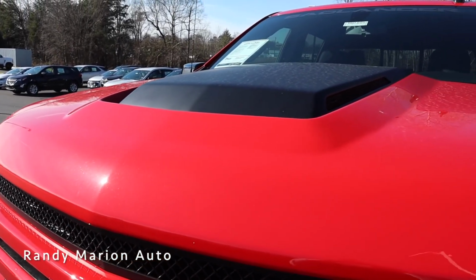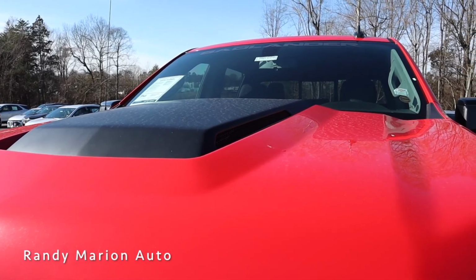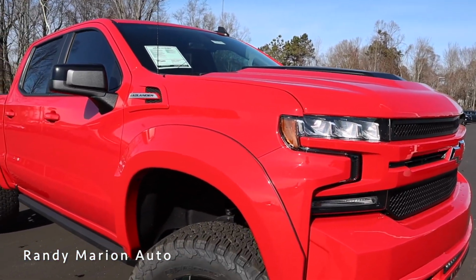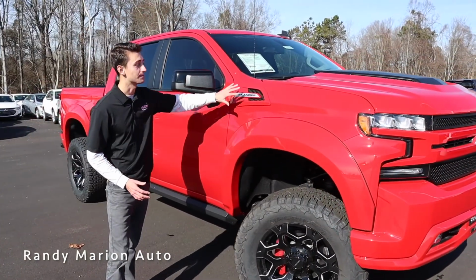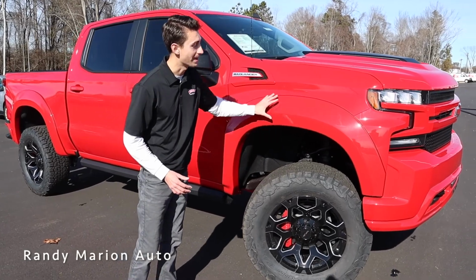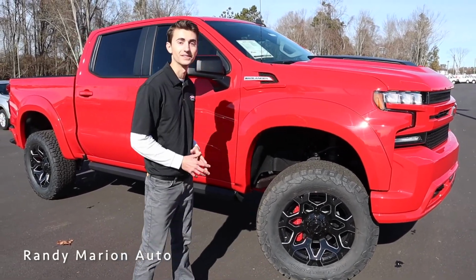Up top, we have this really aggressive hood finished off in body color, and then a two-tone satin black with some vents in the top of it. Moving our way to the side profile now, you can see the Badlanders logo up top with a really nice bezel around it. And then we have a massive set of fender flares to really help give it that awesome